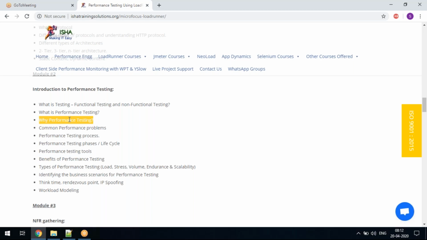So why performance testing? Say you are the owner of Flipkart or Amazon. You think of it like this: you did not test your performance at all. You are straight away deploying your application into production. Say your application takes 25 seconds to load each and every page. Will your customers or the end users use your application if the response time is always 25 seconds?